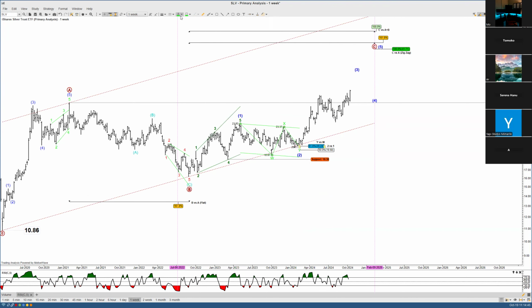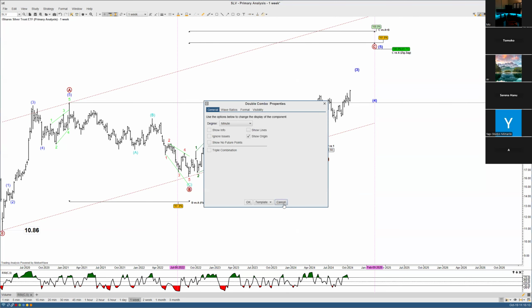Well, there's this. Make this thing red. If you're simply clueless how to count anything, just put WXY. That's it. Just leave it like this. It's going to take you as long as you satisfy the fibs, kind of satisfy the way for you,